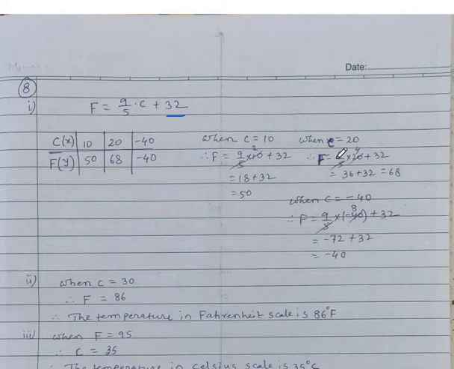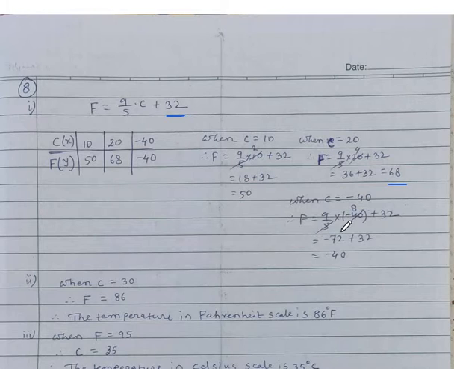Now second, I have taken C is 20, then F is equal to 9 by 5 into 20 plus 32. After cancellation, after multiplication, you are getting 68. So second point, 20 and 68. Third point, C is equal to minus 40. Any number you can take, that's up to you. So I have taken minus 40, there is some reason also. Later on you will know.